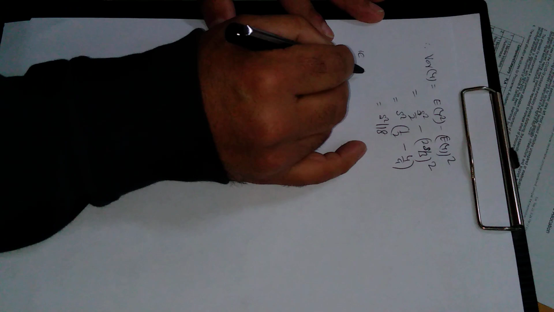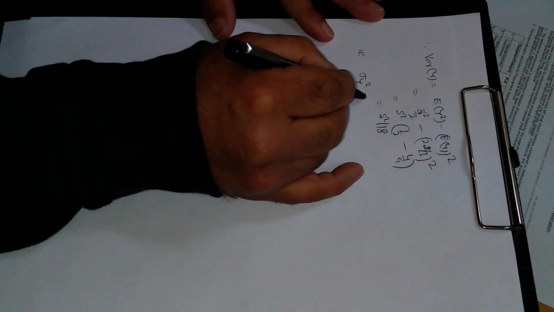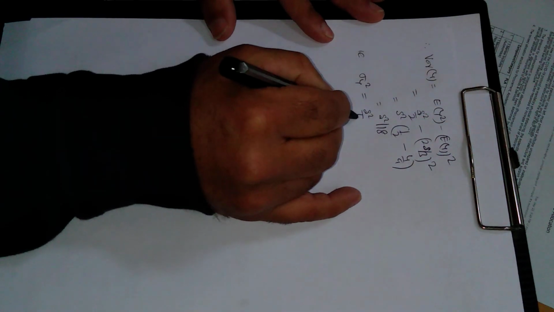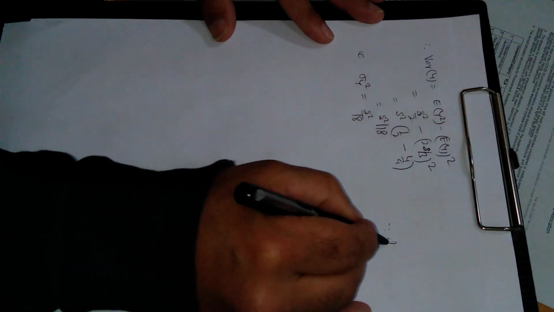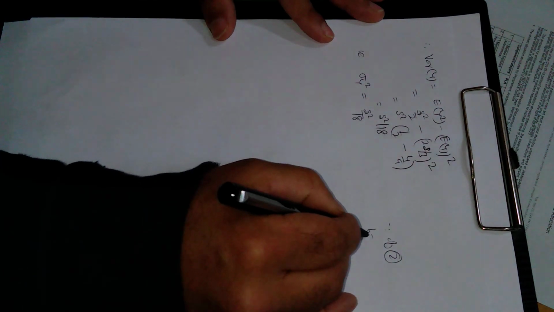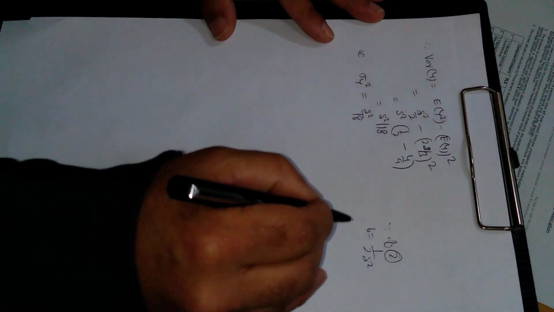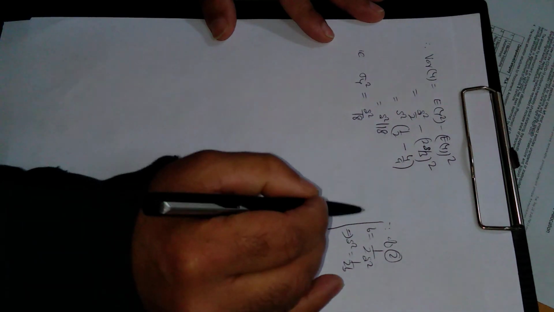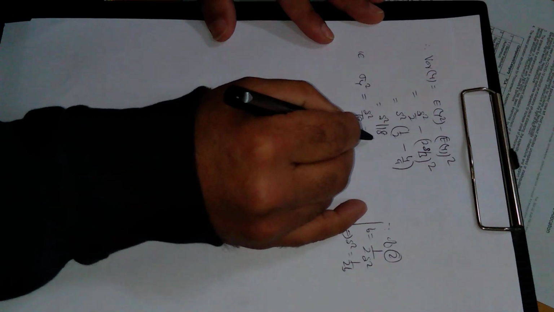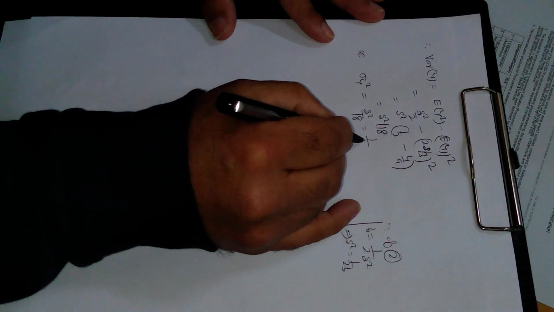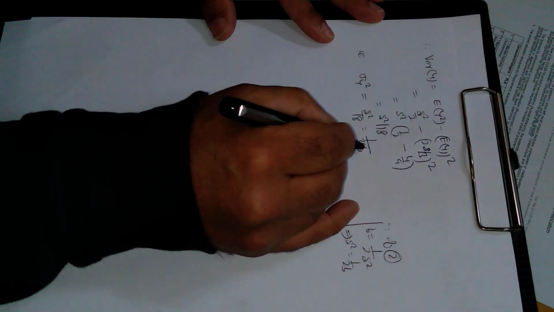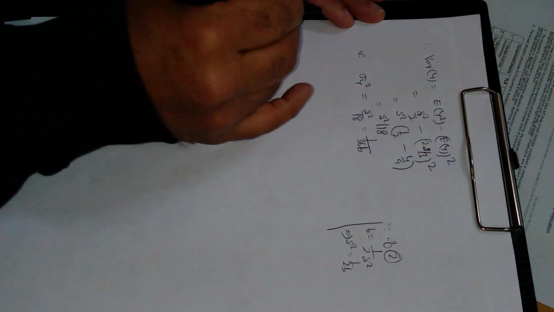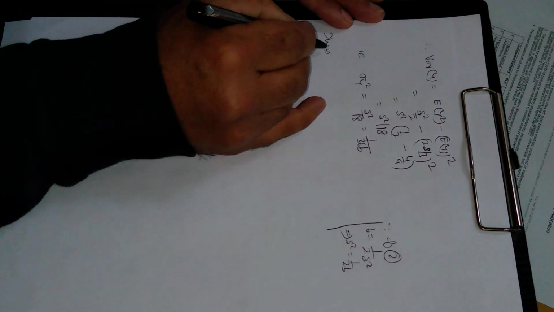That is variance of y, meaning sigma y square. This is s square upon 18. Now since, from equation 2, b is given to be 1 upon 2 s square, s square from here will be 2 upon b. So s square is 2 upon b, meaning this will be 1 upon 36 into b. Thus